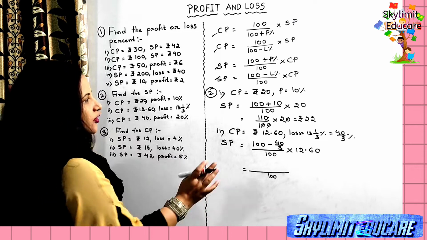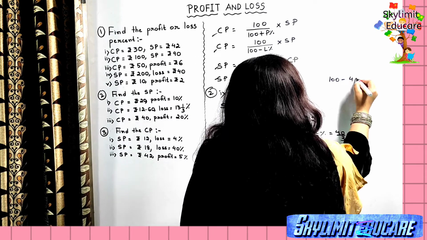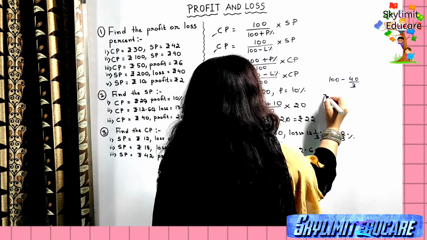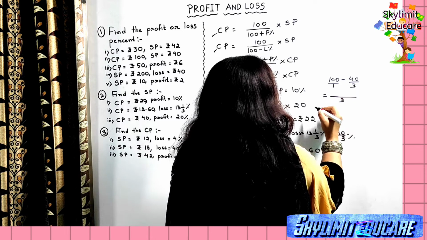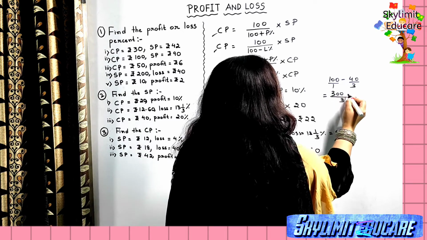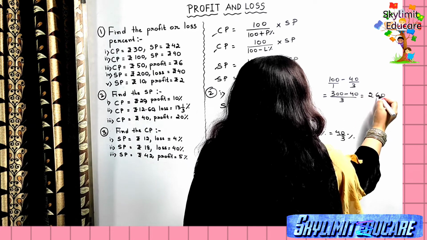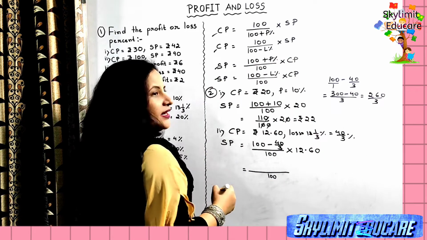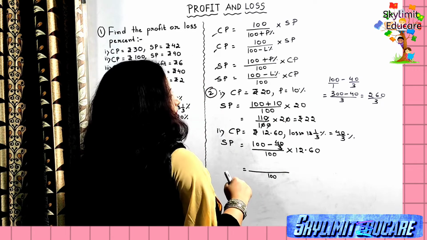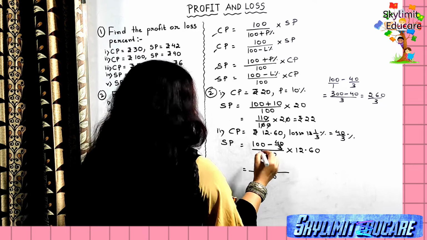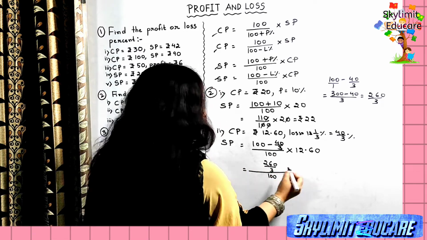Now 100 minus 40 by 3. Let me show you here. Fractions you already know very well. 100 minus 40 by 3 is the same as, you know, this is by 1. Yes or no? So what is the LCM? LCM will be 3. So this is 300 minus 40. 300 minus 40 will give us 260 upon 3, right? 260 by 3. So 100 minus 40 by 3 is 260 by 3. Clear? Multiplied to